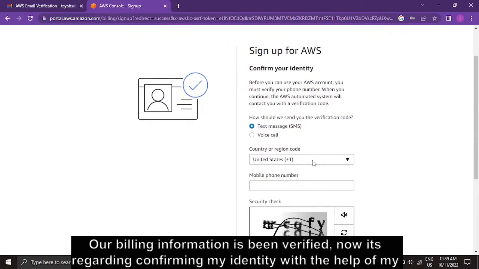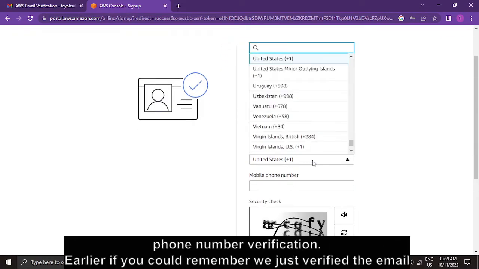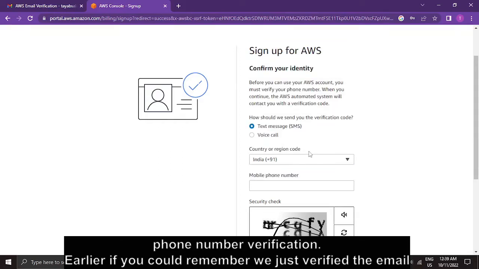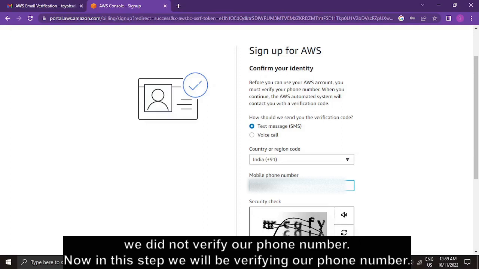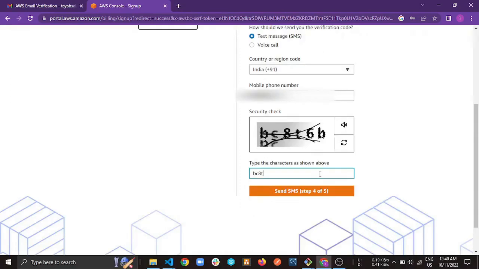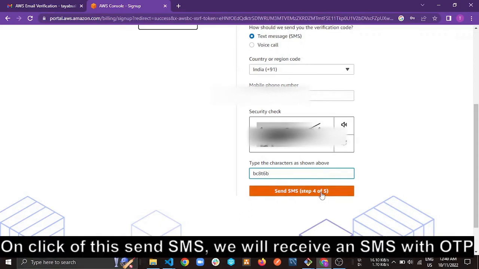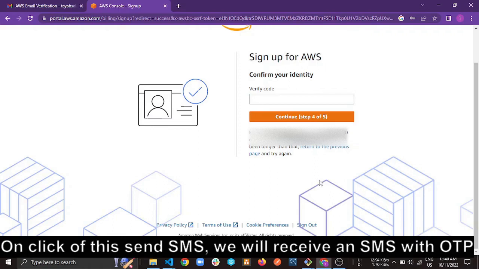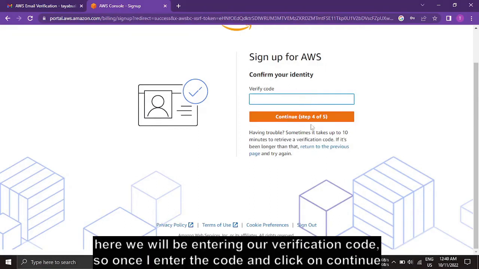Now it's regarding confirming my identity with the help of my phone number verification. Here, if you could remember, we just verified the email, we did not verify our phone number. Now in this step, we'll be verifying our phone number. So on click of this send SMS, we will receive an SMS. So here we'll be entering our verification code. So once I enter the code and click on continue,